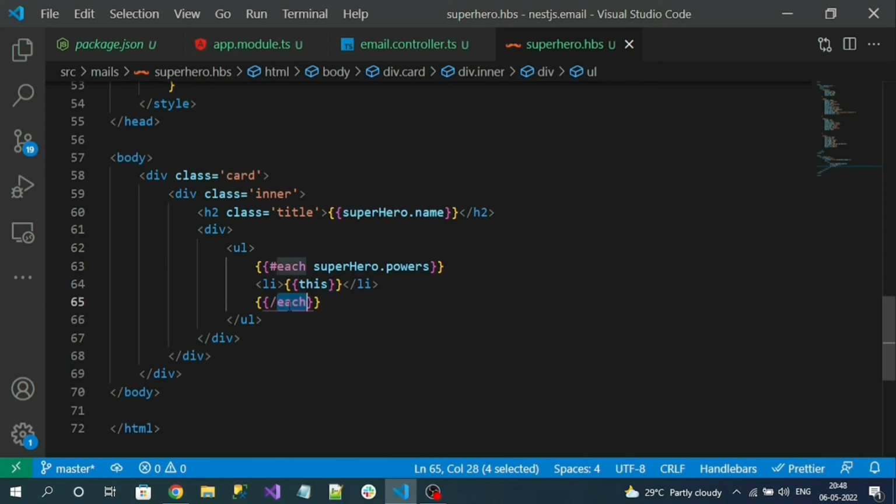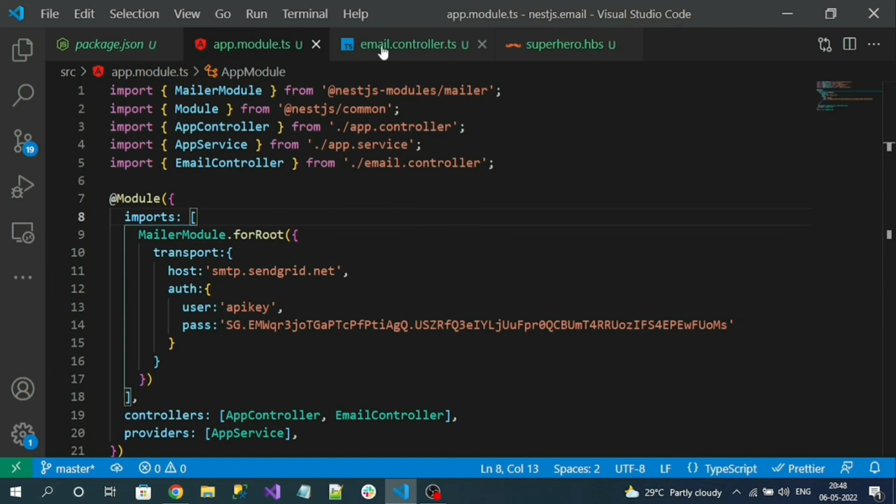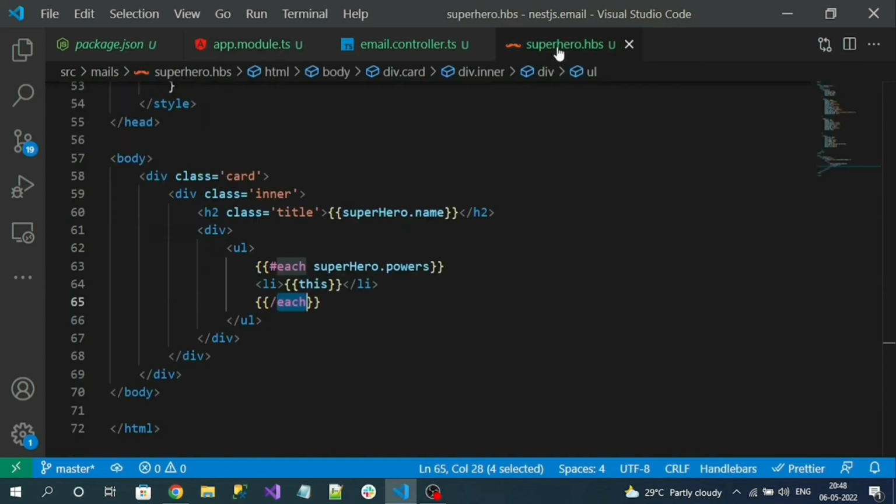So that is the basic template I have designed to send as an email. Now let's go to app module, and I want to do one more configuration. So this is a .hbs file, right? On project build, this file should be automatically generated into our dist folder, right? So to do that, we need to add configurations in our